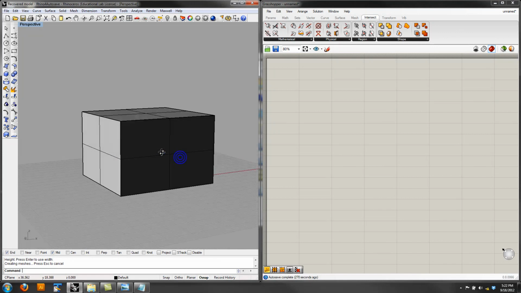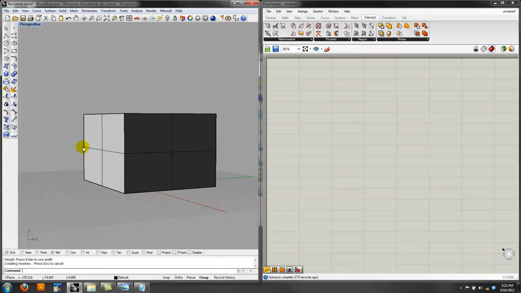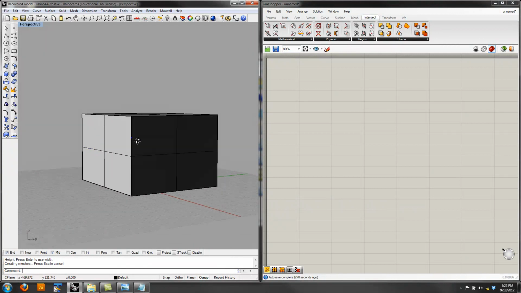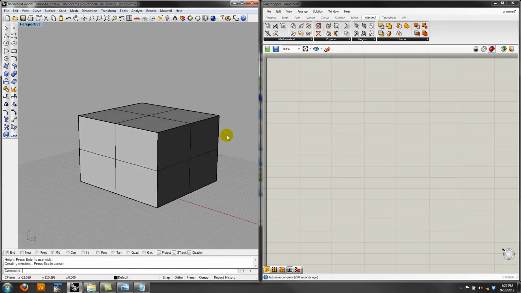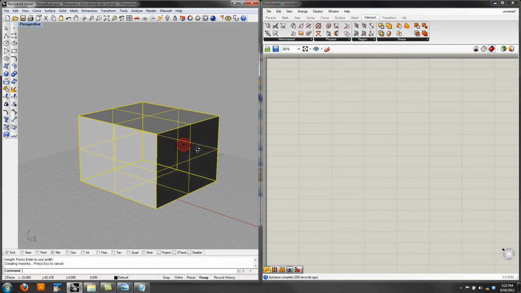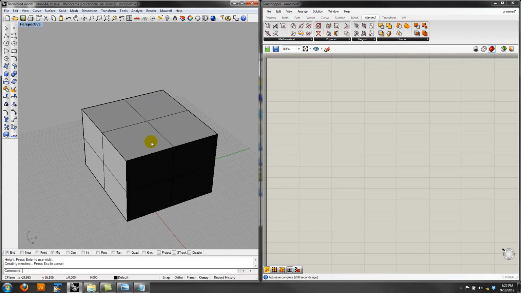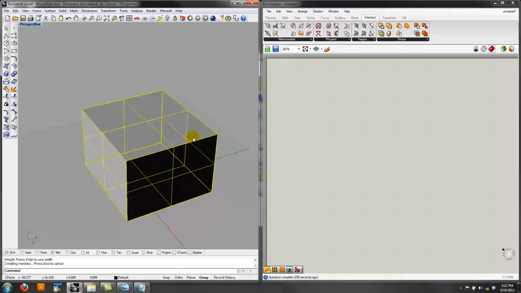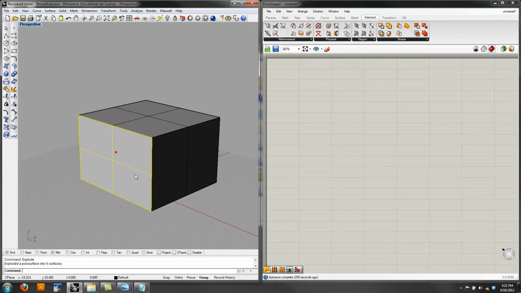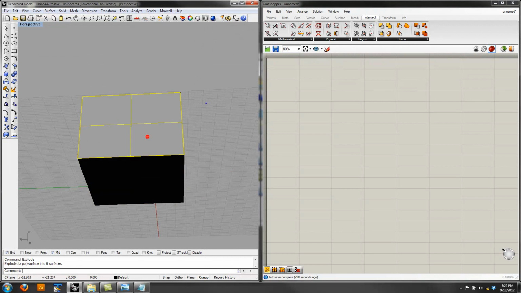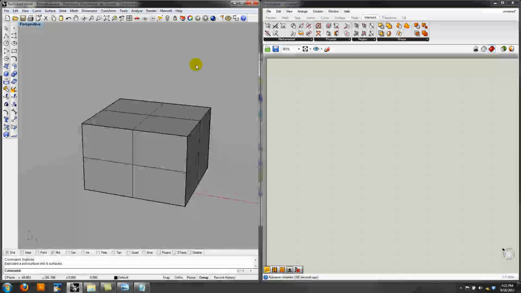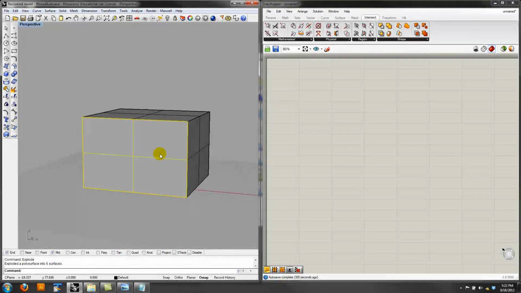You could build this, you could dimension it, you could draw a set of drawings for it that someone could use to build it. And again, this is just kind of an analogy, but so we think of things like this, but in fact, in the computer, right, this box is actually made up of surfaces. So if I explode the box, it's actually a collection of 6 surfaces. Okay, I could take one of those surfaces,